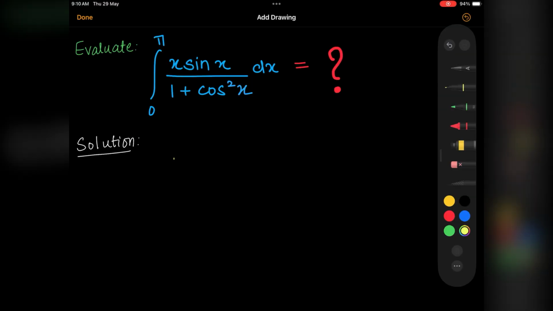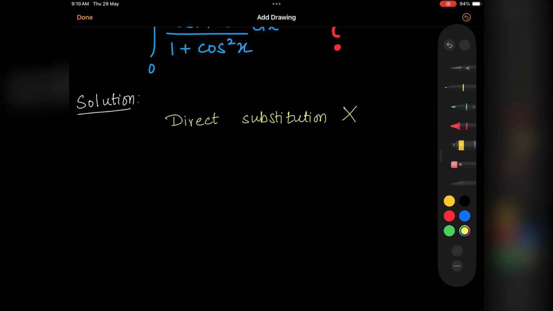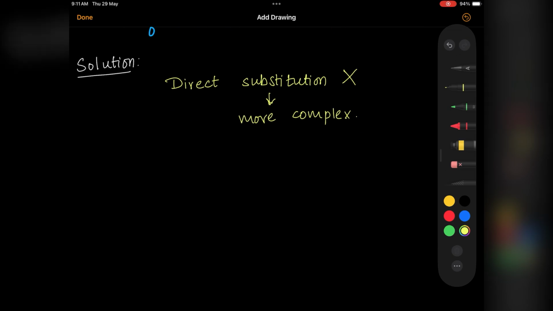Let's solve the question. At first glance, you might think of direct substitution, but it won't work here as it will make the problem more complex. Let's define our integral as I, and we know that